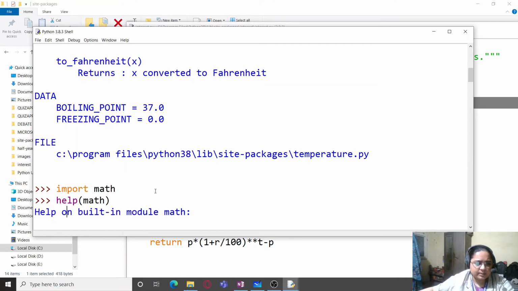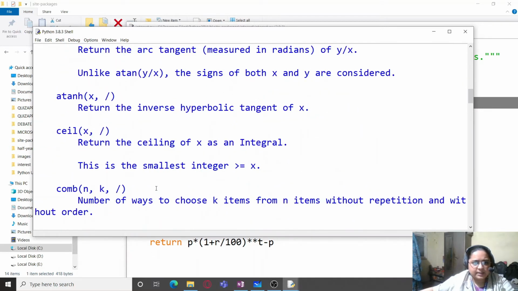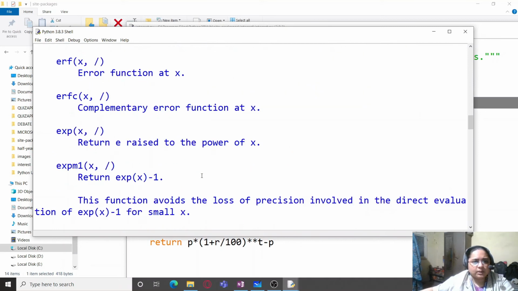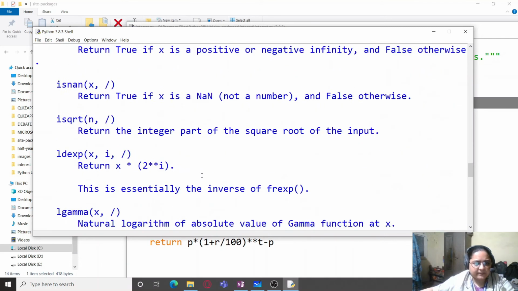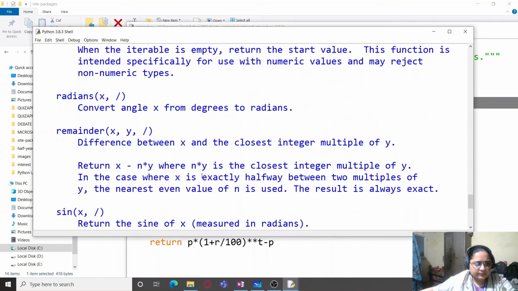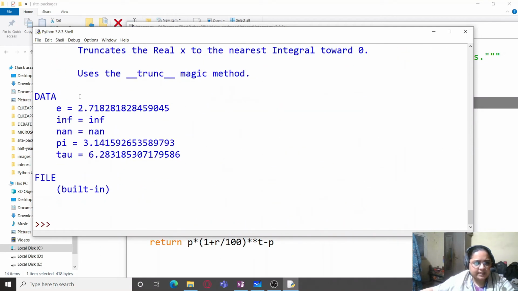So I'm just going to double click on it, and you'll be able to see the description about all the various functions within this module. Also the data, that is the value of e, pi, tau, all these values are also being displayed. So you can seek help on any Python module using the help function.